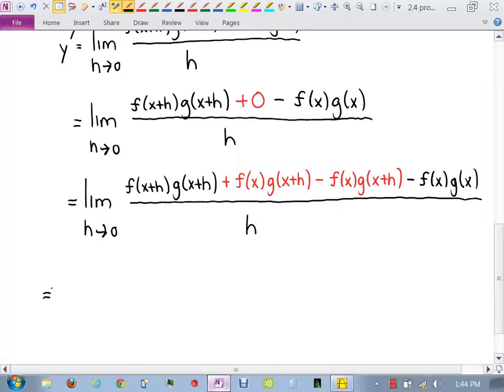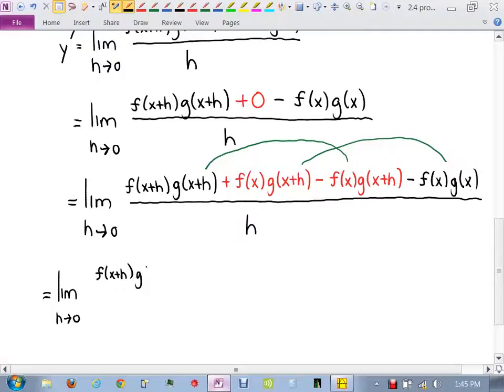I'm now going to split this up into two limits. Limit h goes to 0. Now, when I split it, what I mean is there are so many different ways I can do this. I'm going to take these two terms, put them together, and these two terms right here and put them together. So I'll have f of x plus h times g of x plus h minus f of x g of x plus h over h